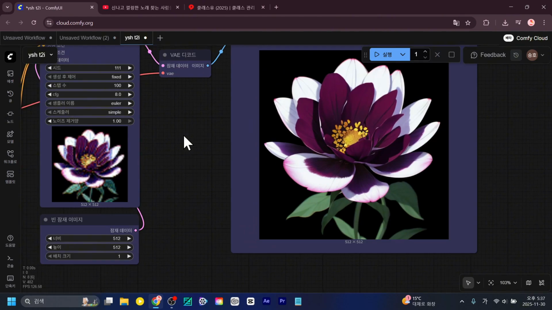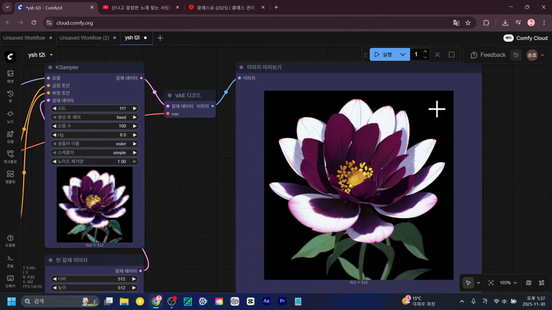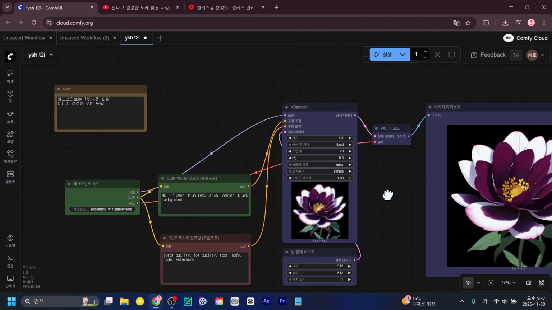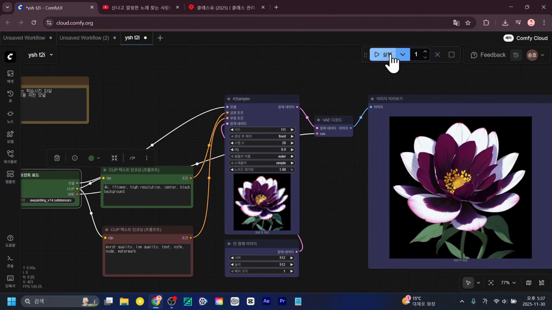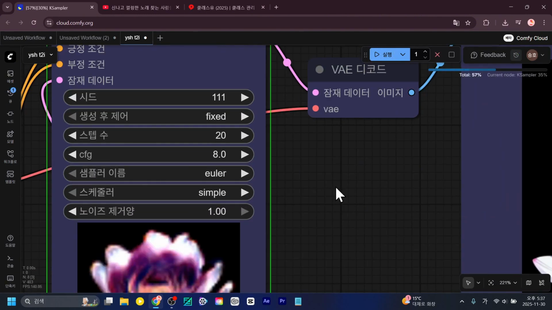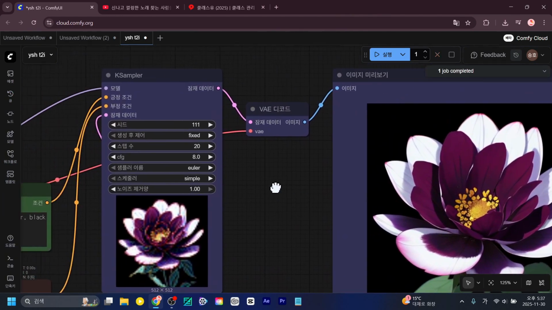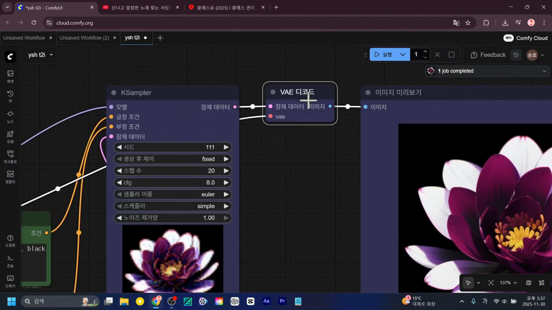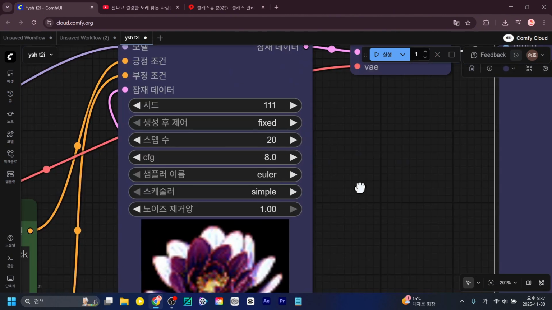In the past, when you set it to 100 steps, you would just get a yellowish blurry result. But now it seems that even just about 20 steps are enough. Within this range of checkpoints, that's what it seems to mean. So the number of steps refers to how many times the image is drawn for the seed image, but usually we just set it to 20 steps and work with that. How many steps to use used to be discussed in papers in the past, but now it doesn't really matter.